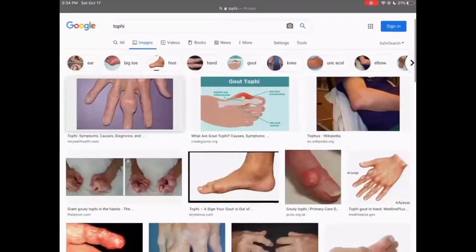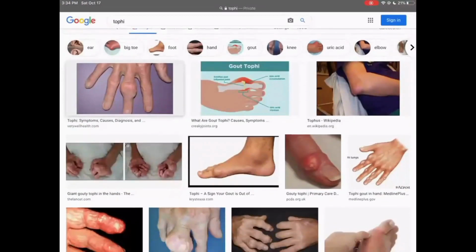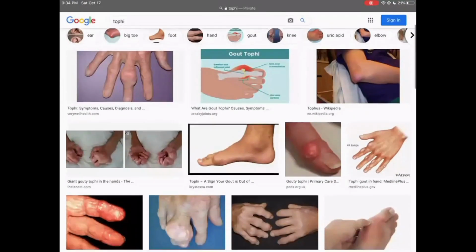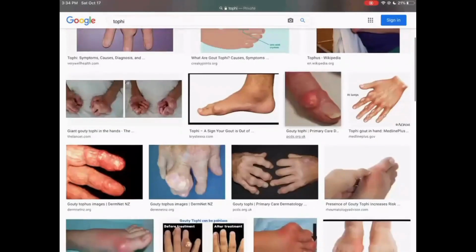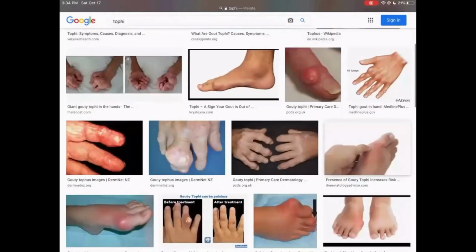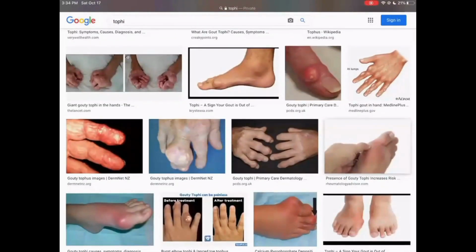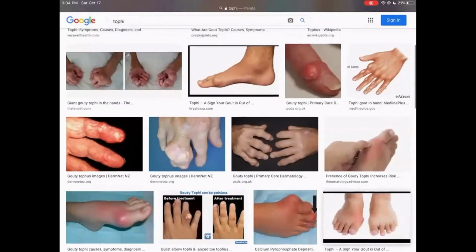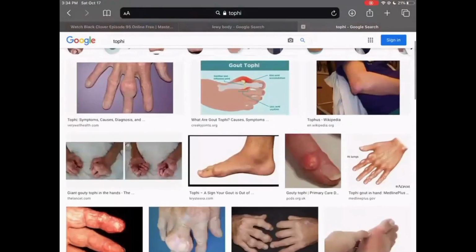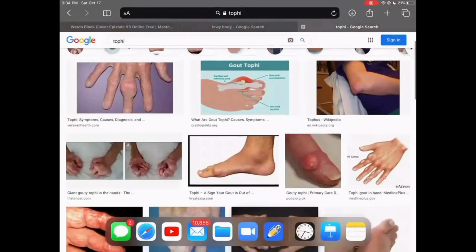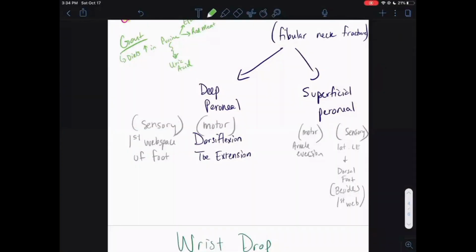All right, so if you look here, it's this really big enlargement of your joint, and it really looks painful, and oftentimes it is super, super painful. So you'll have these swollen up joints. They often look inflamed, and this is your uric acid deposition, your monosodium urate crystallization of your joint. So you really look for a ton of uric acid.